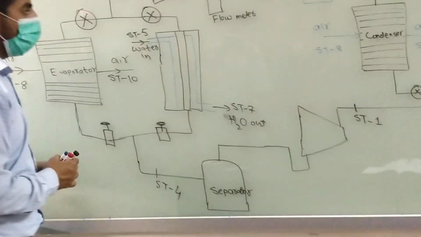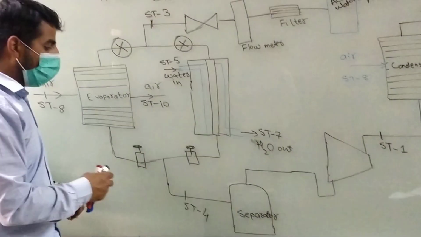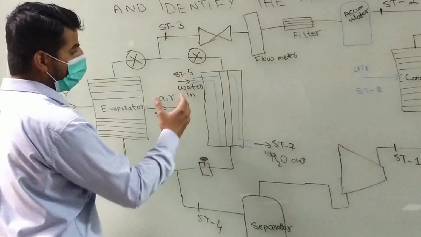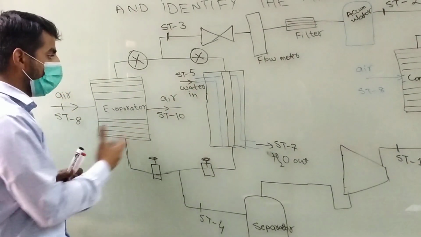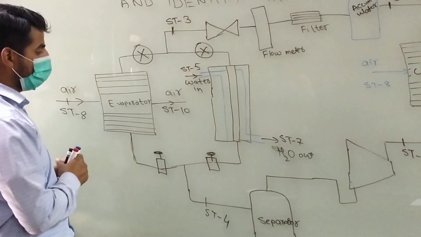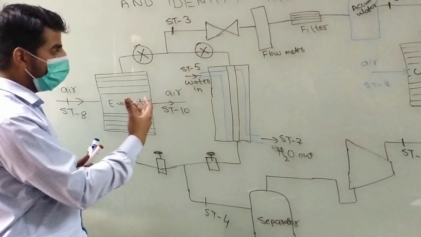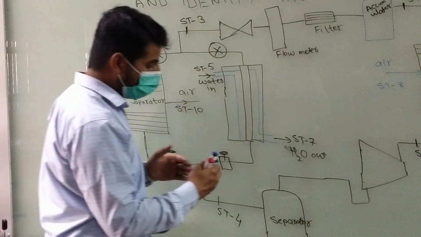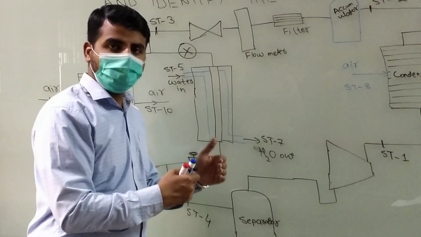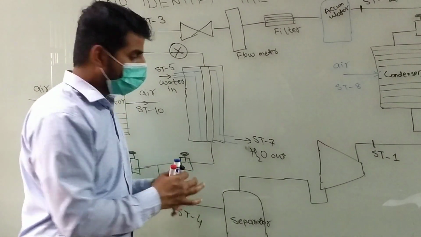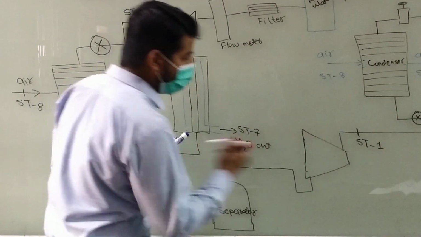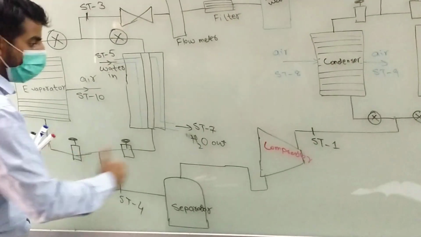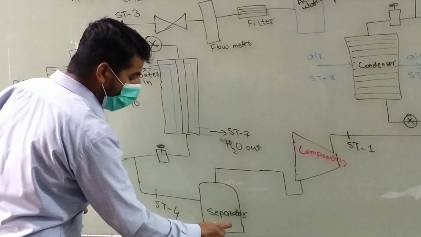That is called the separator. In the actual cycle we have seen that after the evaporator we go to the compressor, but quite possibly, if the flow rate of the water is not sufficient, or if the air does not absorb so much heat to completely convert the liquid state of the refrigerant to vapors, there must be another component that separates the liquid part, the moisture content, from the vapors. Because no liquid should go to the compressor, after the evaporator and before the compressor there is another component we call the separator.